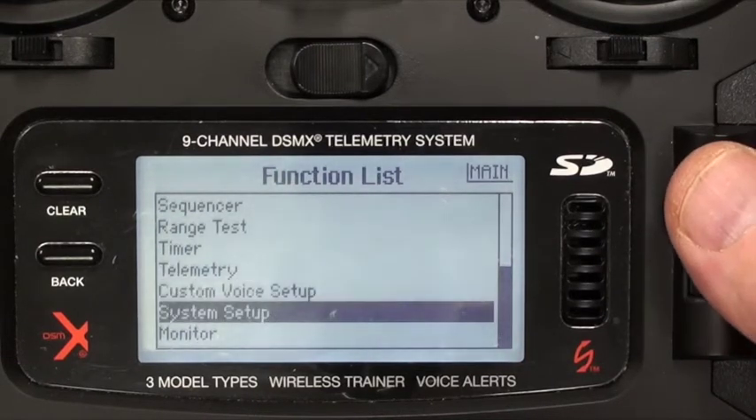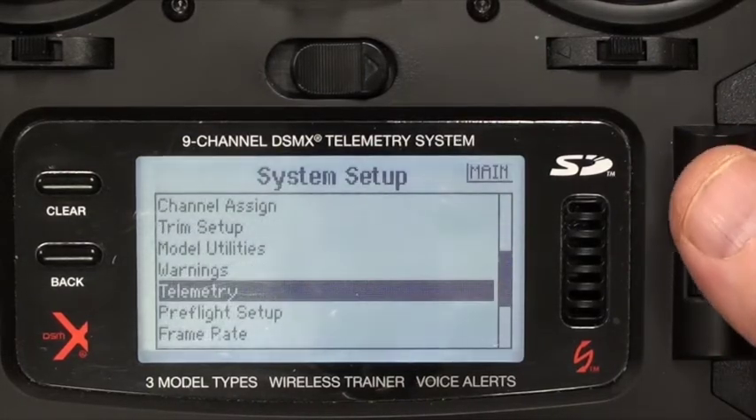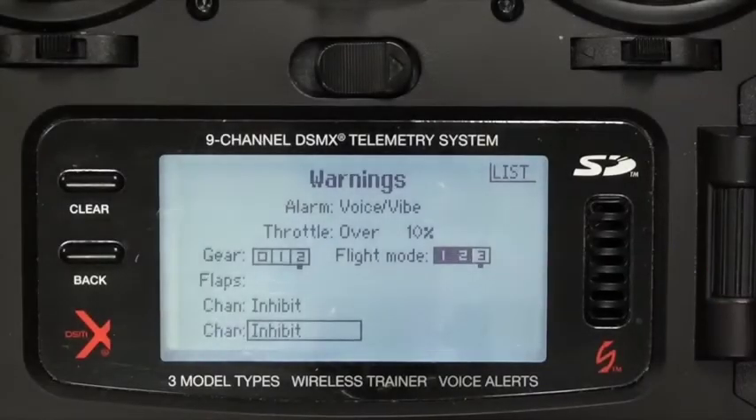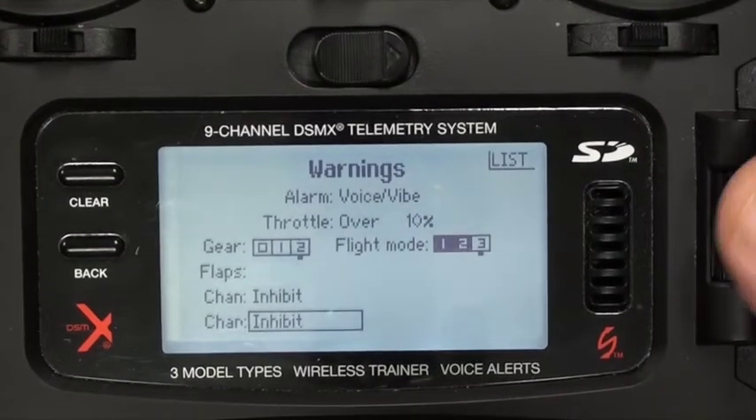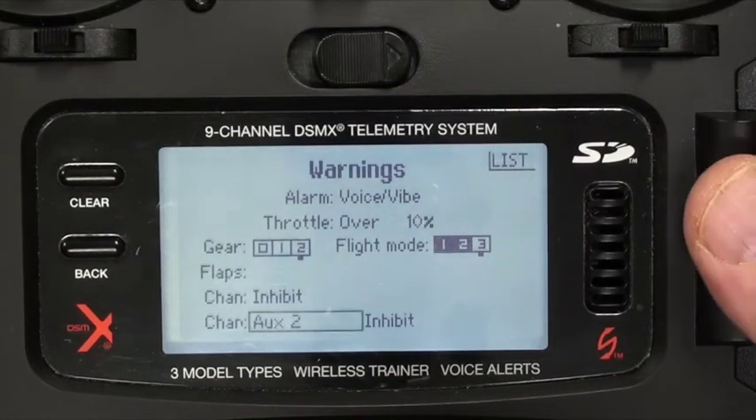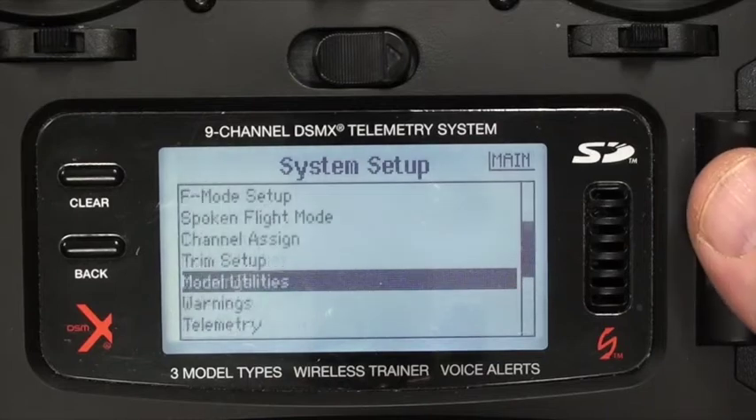So I'm going to go into system setup. I want to go down to warnings. Okay. My normal channel for this on my DX9 is to use channel 4, aux 4. So I'm going to use aux 4, and to assign that to the switch I want, I go up to channel assign,